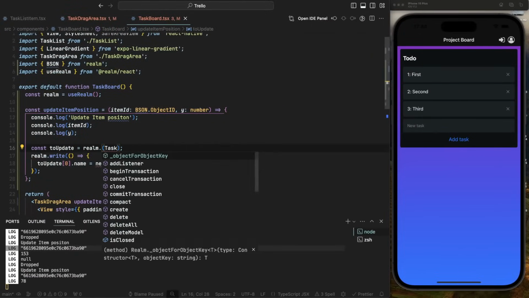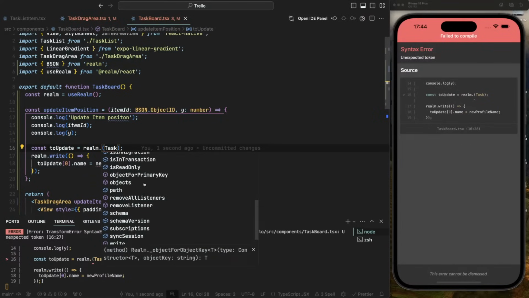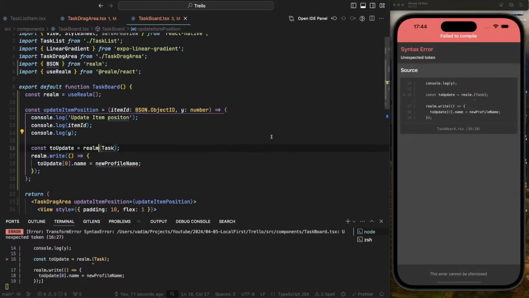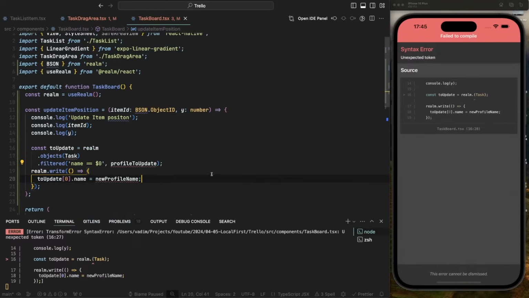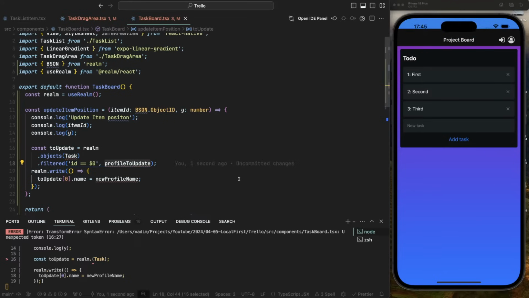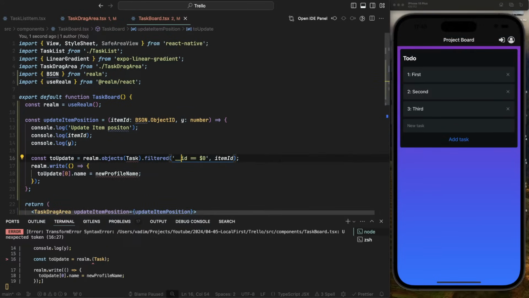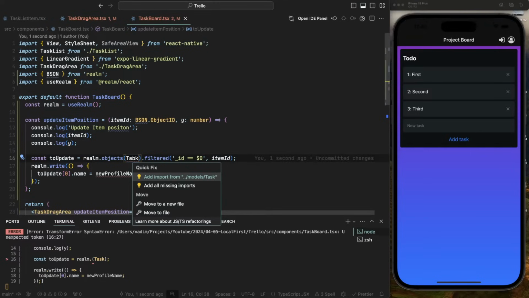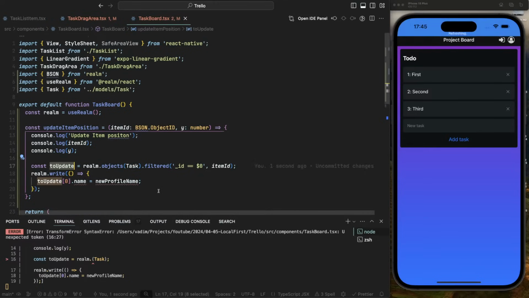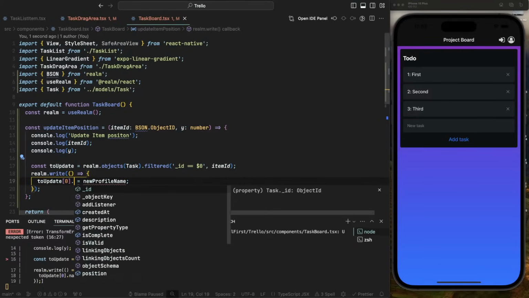Realm dot find, something like that. Okay, I can do that with a query. Filtered ID is equal to item ID, and not ID but underscore ID. We need to import the task, and we need to update at position 0 dot